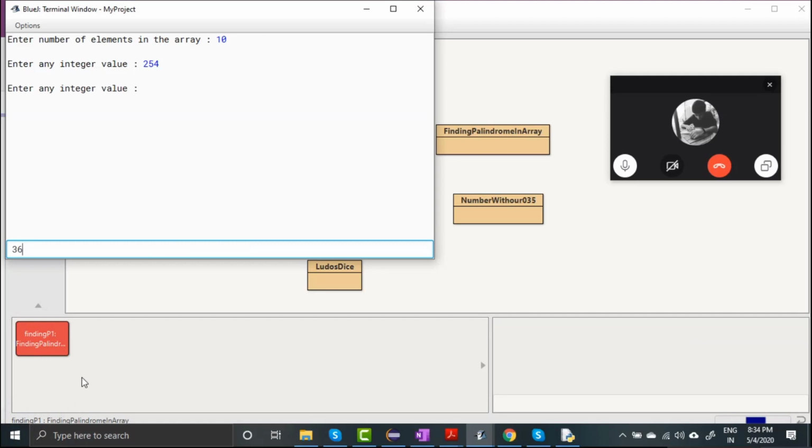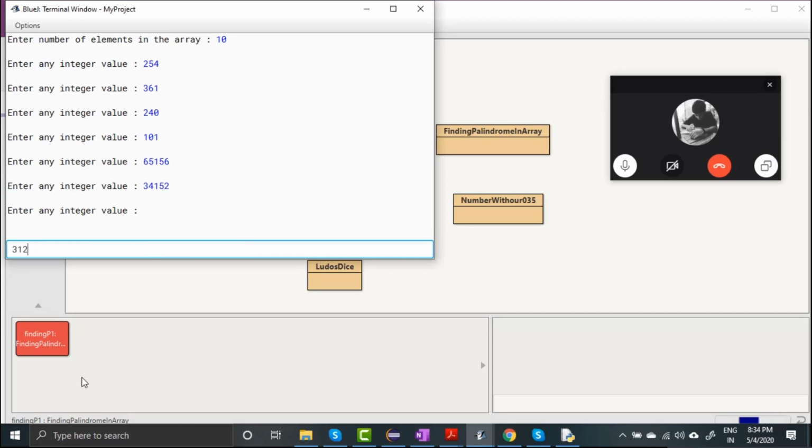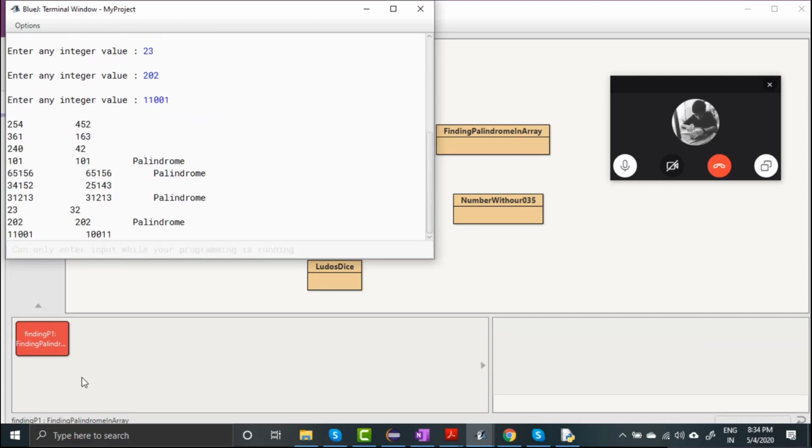So I'm entering here. So now you can see that it has printed the values.